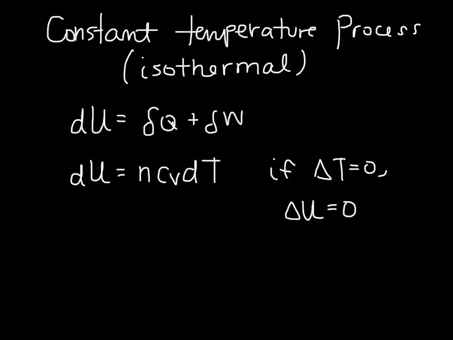So this tells us then that the heat transfer is equal to negative delta W in this case, and we know that the work can be defined as negative PdV. I have two negative signs in here because I already had one negative sign to begin with, and then I defined work as negative PdV. So we have delta Q equals negative delta W